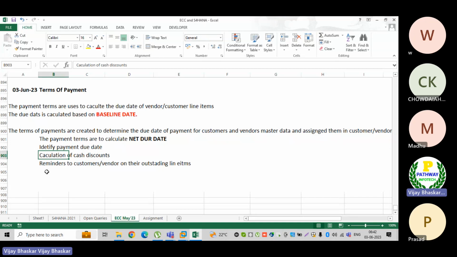What is the baseline date in SAP? There is a concept when we have posted a document. There is one important field, the baseline date.